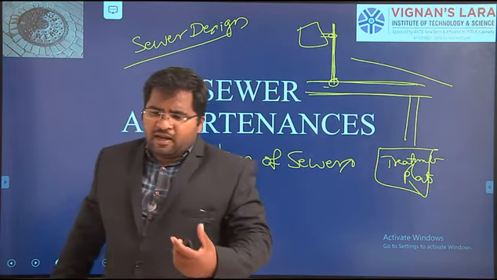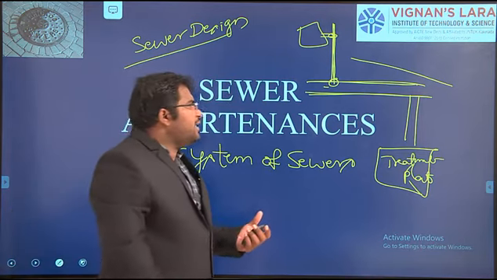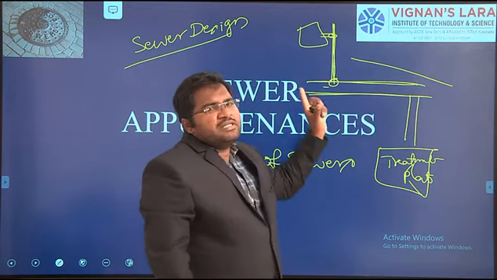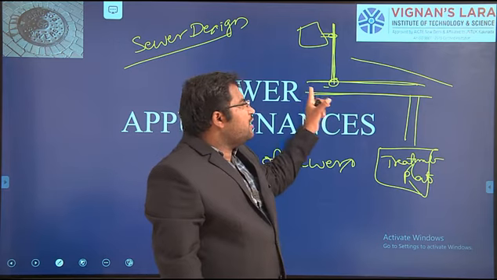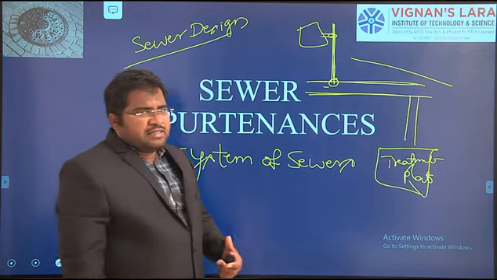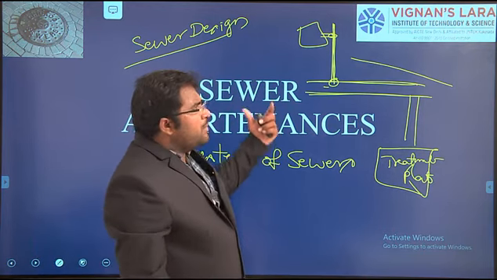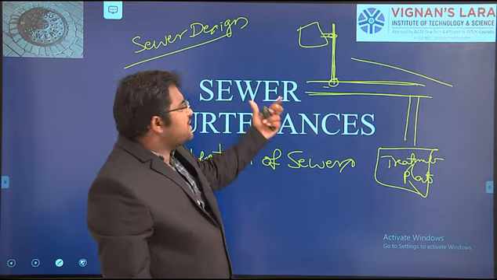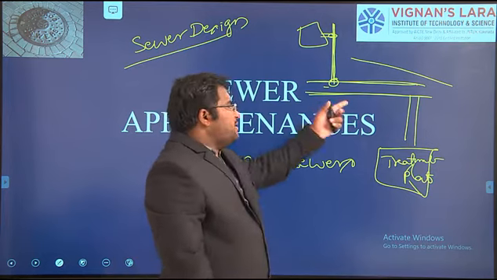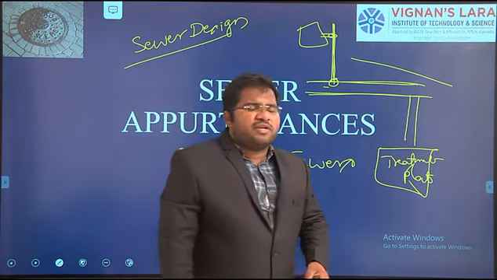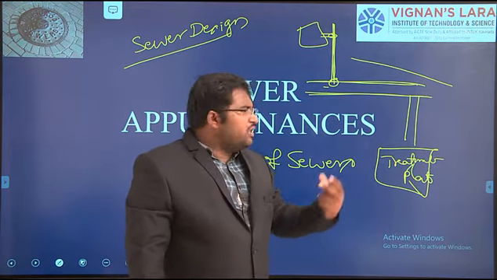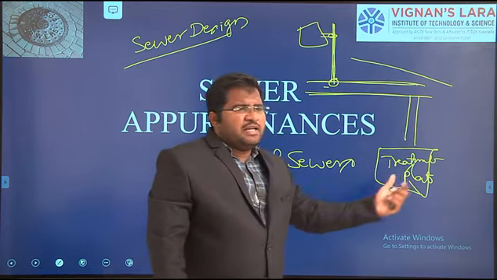If you are using any net kind of thing at your home, big solid waste may not enter into the sewer line, and the water will flow very freely without any choking. But in our Indian cities you can observe much solid waste, even papers, plastics, and many other things being thrown into the wastewater pipelines or sewer lines. Due to that there may be a chance of choking, so we have to remove that debris so that the sewage will flow freely.